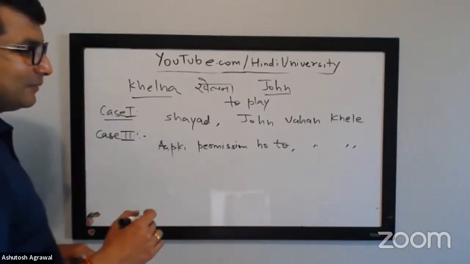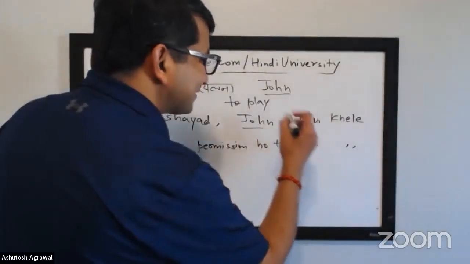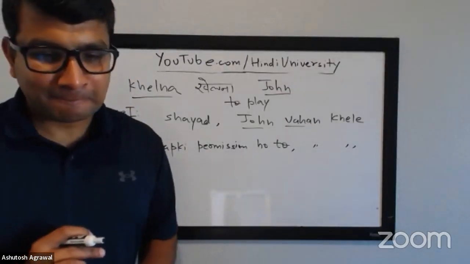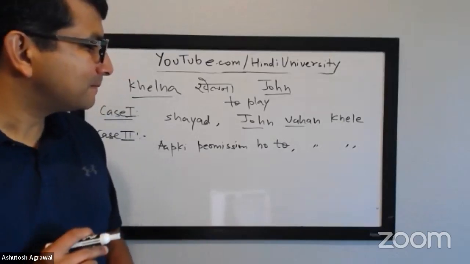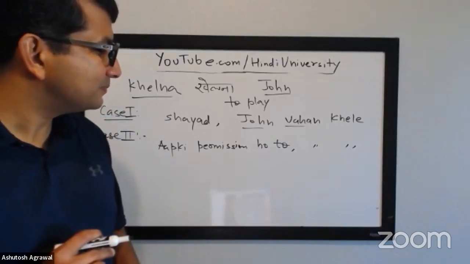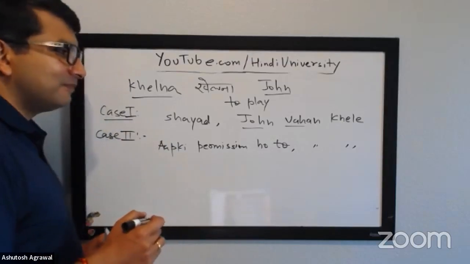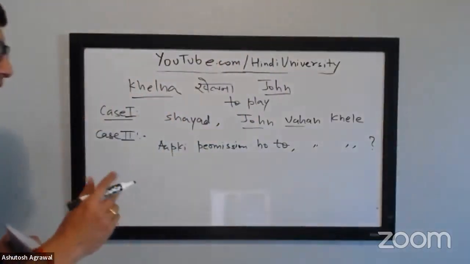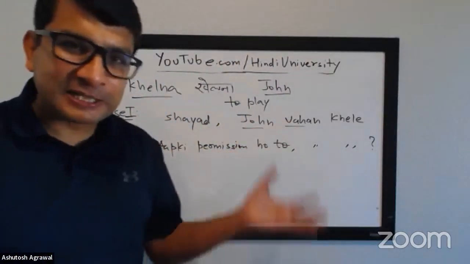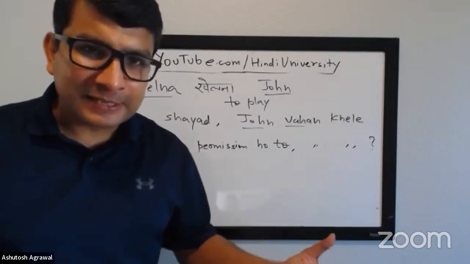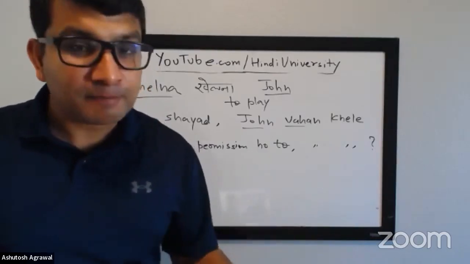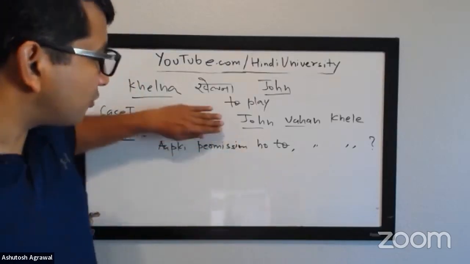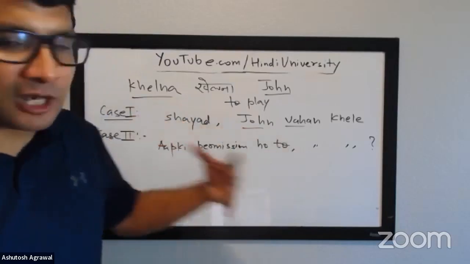Your sentence is still the same. You're still talking about John, still asking for John to play there. आपकी परमिशन हो तो जॉन वहाँ खेले. It's exactly the same thing basically. But you see the same sentence has two different meanings. In the first one it was a possibility. In the second one you are seeking permission, but it's exactly the same sentence. You're just playing around with the words. It's just like how you're saying it.